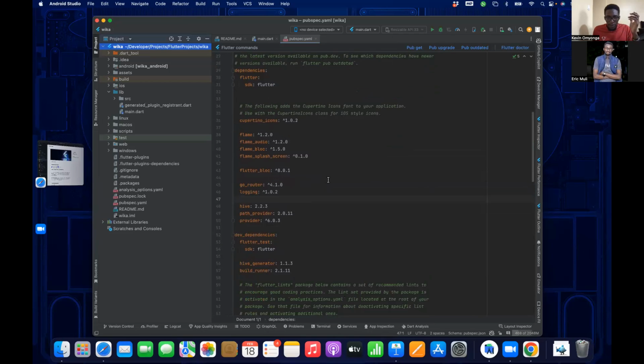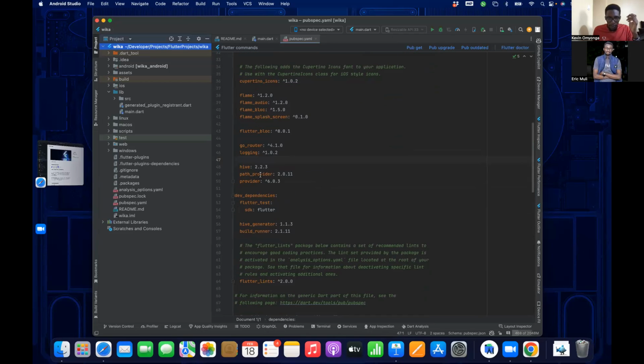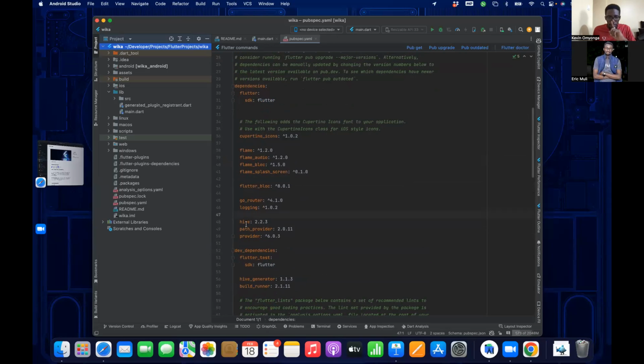Unless, of course, someone wants to remind me what a path provider is for. Oh, wait. I think I remember. Path provider was supposed to work with Hive, to give it access to the storage on the device.